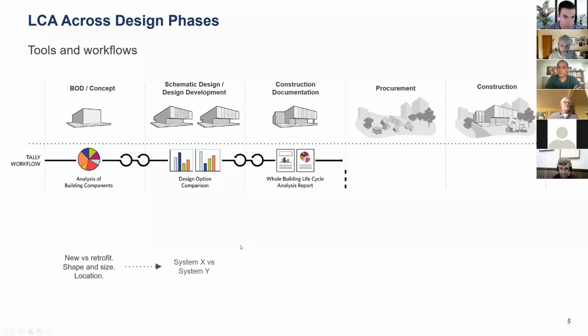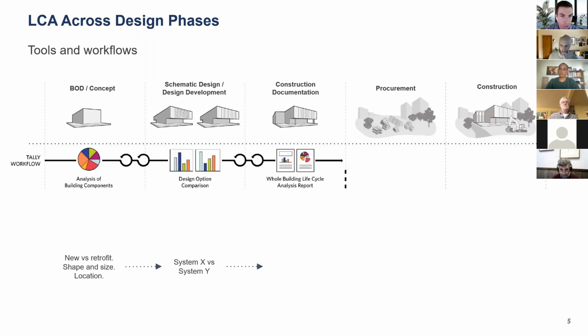The second phase is comparing different systems. So now we are set on the shape, and we're, for example, building a new building in a certain location. We can now start evaluating different systems for the building. We can compare different structural systems or different envelope systems as a whole. Just general comparisons. No details about picking specific materials within those systems, but just generally.